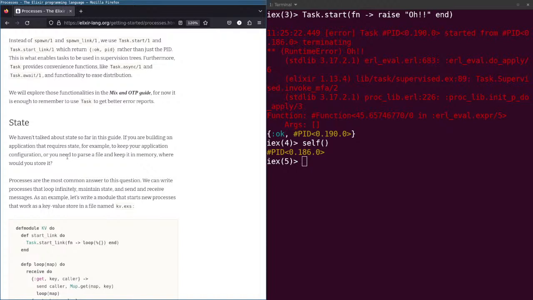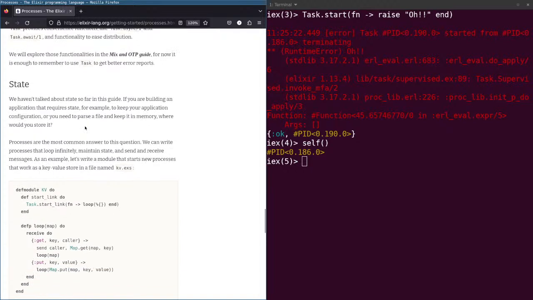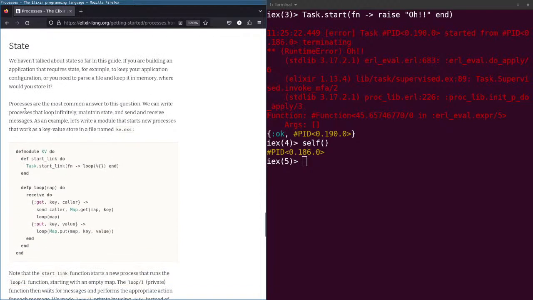Okay. I should use tasks to get better error reports. That's the point. Okay, state. We have to talk